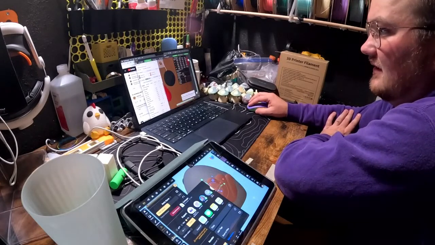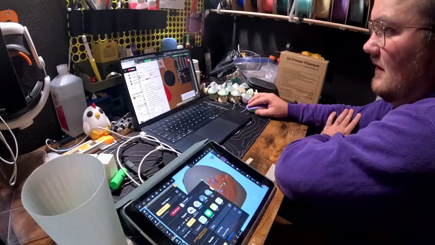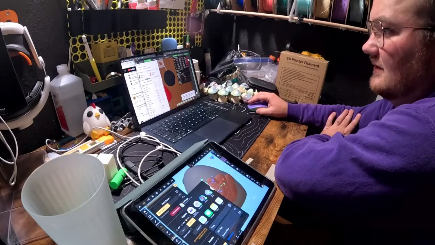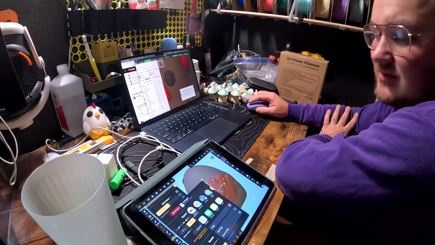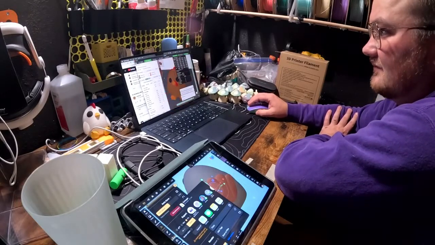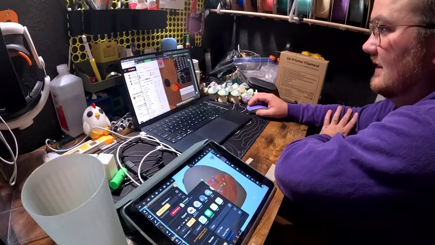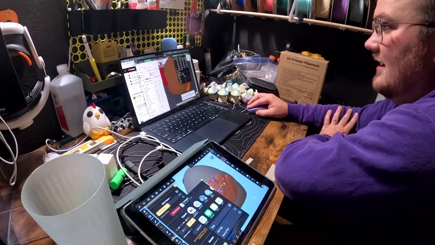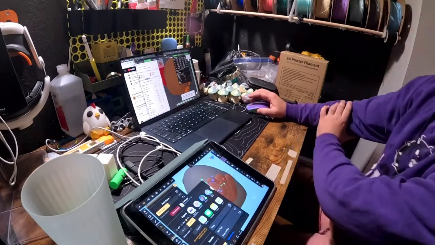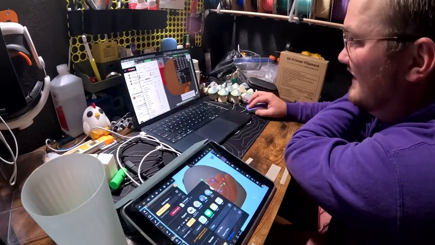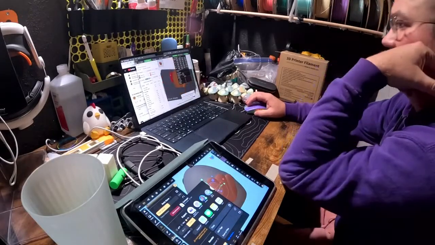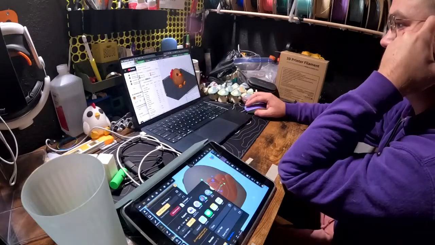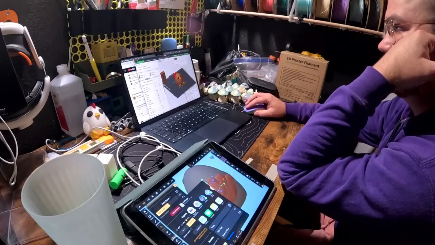Let's take the seam position and move it to the back because I don't want it going straight into his eyeball. And take a look at what we're looking at here. So one thing already that I know immediately is that it's going to take 182 grams of flushed filament. I mean, how tall is this? This is pretty big. I'm probably not going to make him this big.